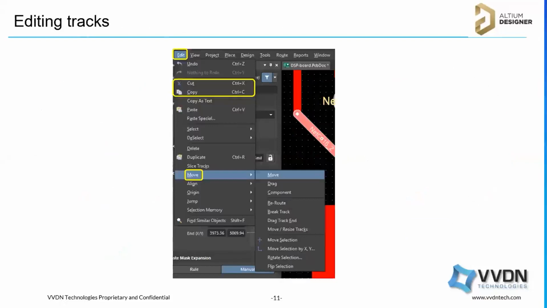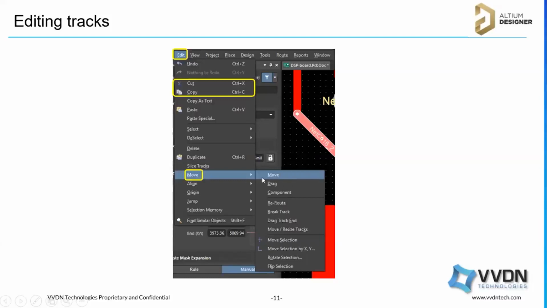And yeah, editing the tracks, after completing the routing, this is for the cleanup. If you want to do some cleanup, how to adjust the track or move the track, you can cut or copy. Like two engineers are working on the same design, and one just completed the routing for one section, and you want to copy and paste it into your main design. You can simply copy and paste it. And after pasting, if you want to adjust, you can simply select the segment and adjust.